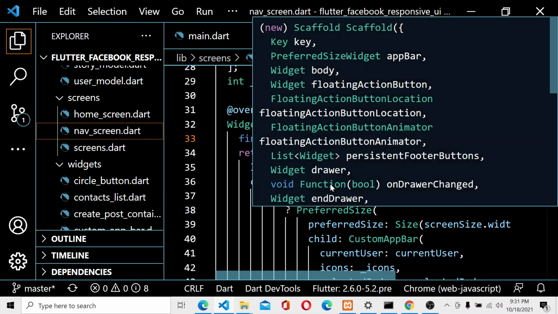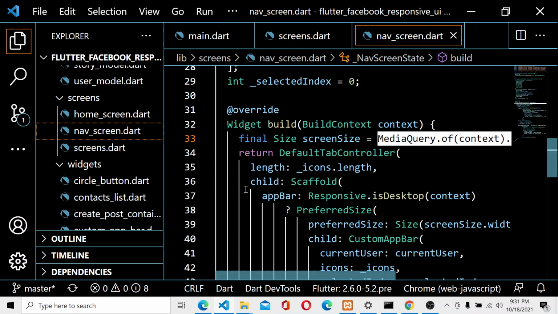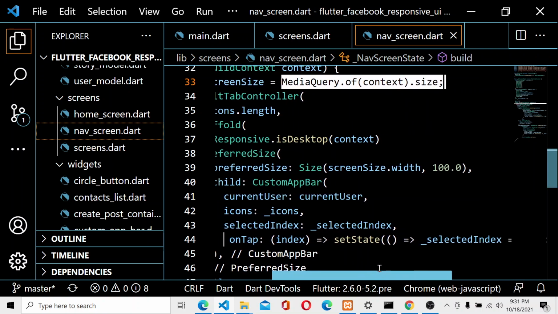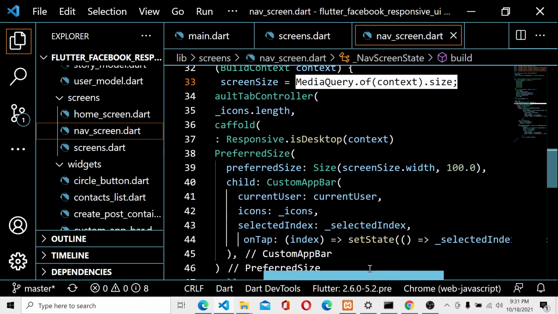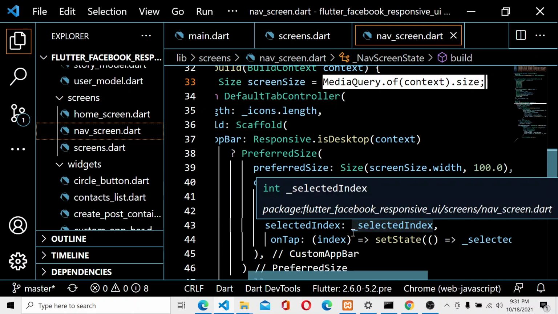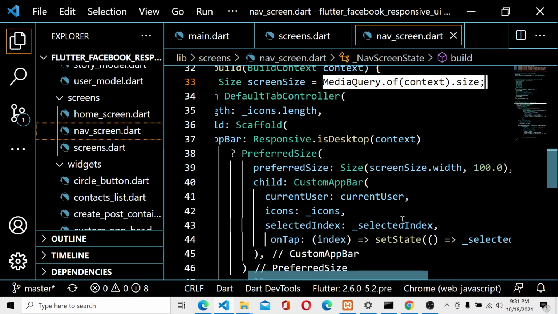Then the child we are giving is a Scaffold. Then we are giving the appBar as Responsive.isDesktop, and if it is desktop, then we take the context and the PreferredSize of Size(screenSize.width, 100.0), and the child is a CustomAppBar with the current user, the icons, and the selectedIndex, which will be 0, 1, 2, and so on.